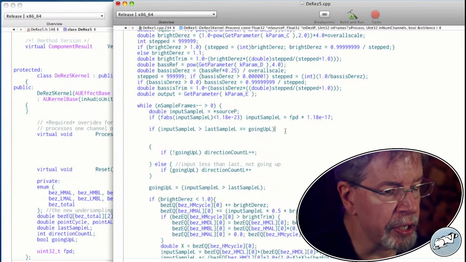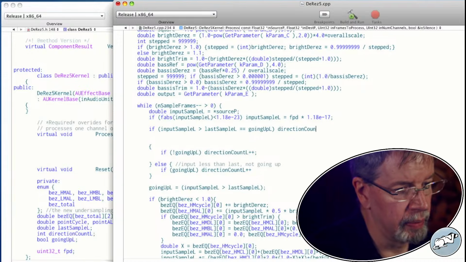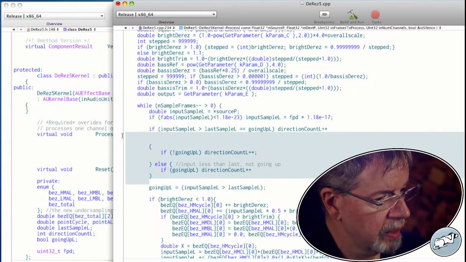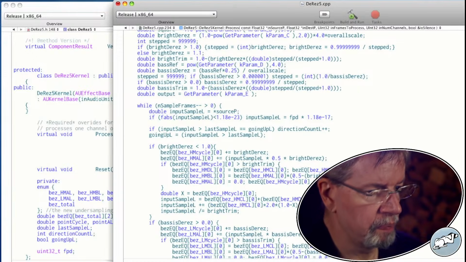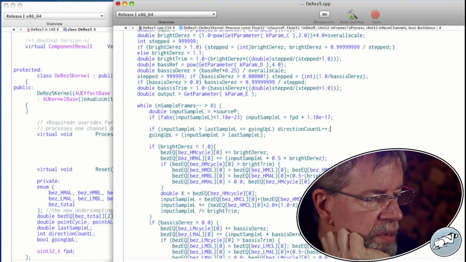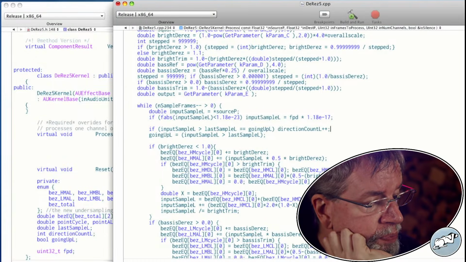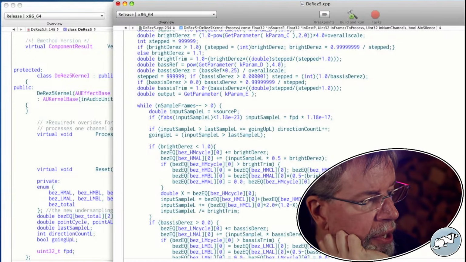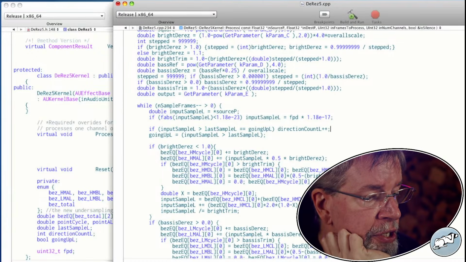And then the part that we want it to be able to do is, so now I'm just wondering if I have the sequence of things right. So, going up equals that. Next input sample will also be larger, meaning it will not have changed direction.